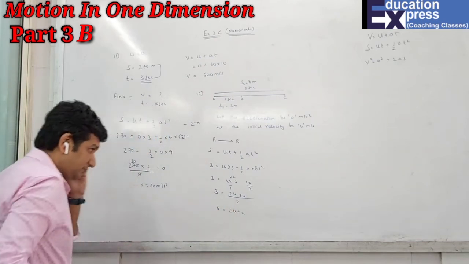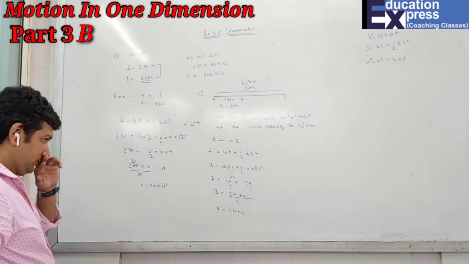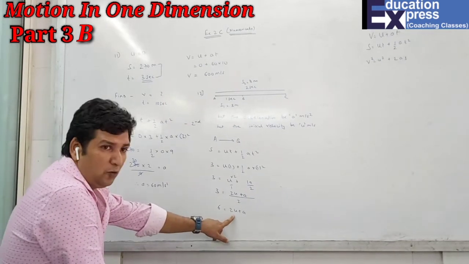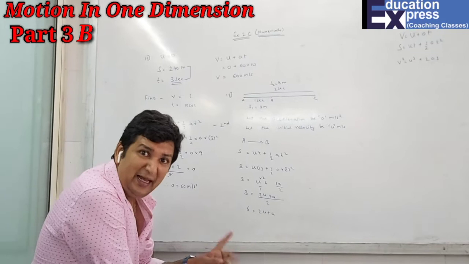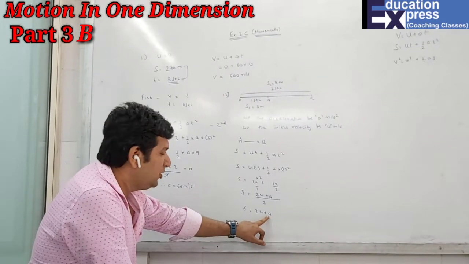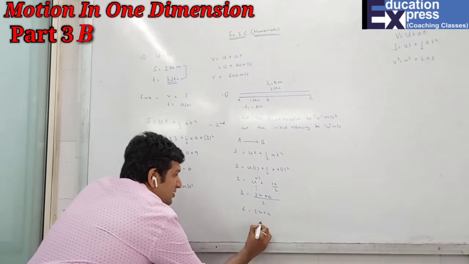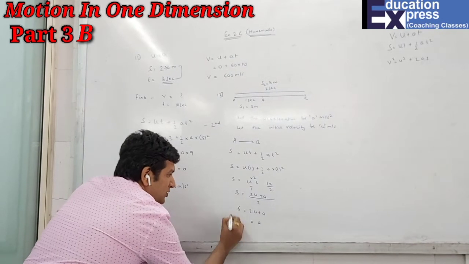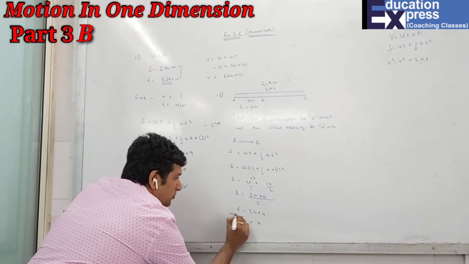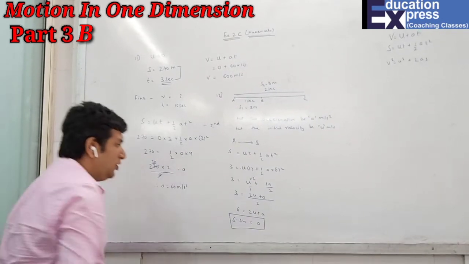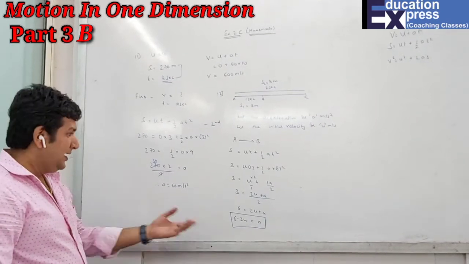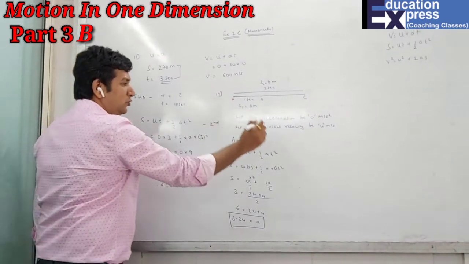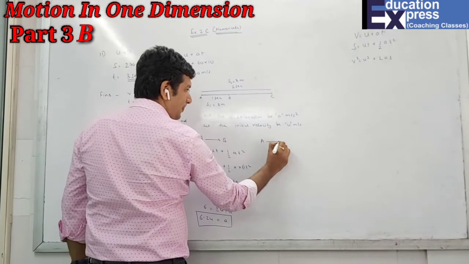Hence, I can find the value of either u or a. I will definitely take a over here, because a does not have any coefficient. So I will say that a will be, plus 2u comes here, 6 minus 2u. So the value of a is 6 minus 2u, and now we'll start with the second, which is from A to C.